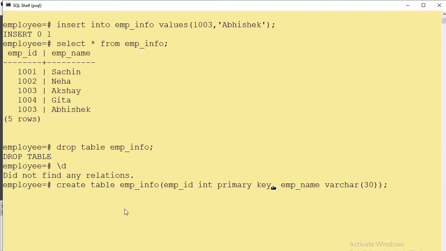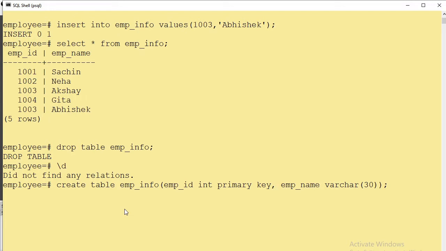What is the significance of primary key? Primary key is used to identify a unique record from a table. One table can have at most one primary key. A primary key can be a composite primary key also. We will see an example of a composite primary key in one of the upcoming videos.